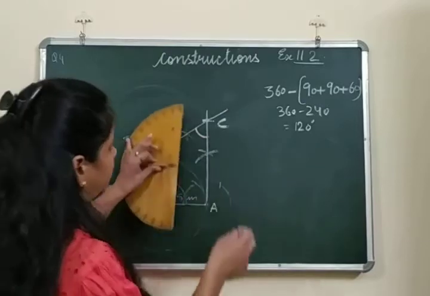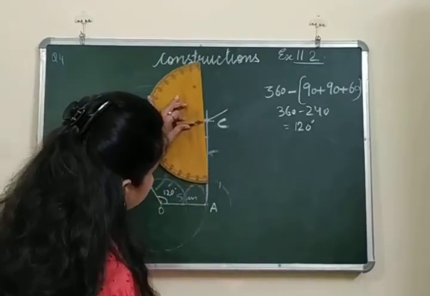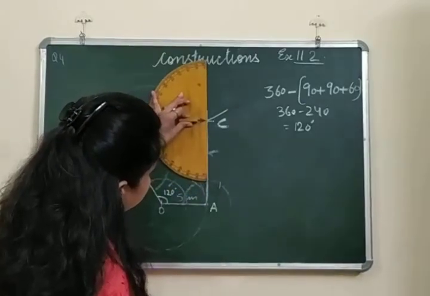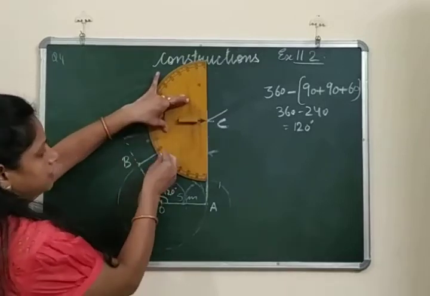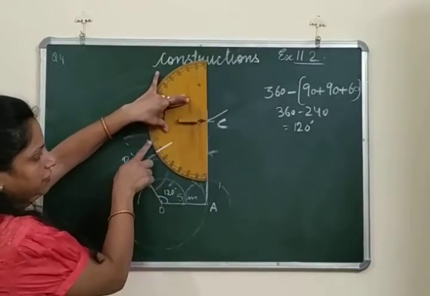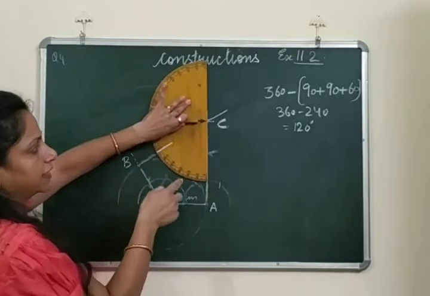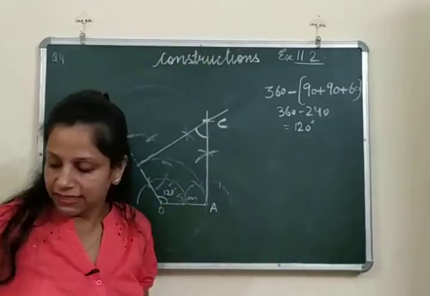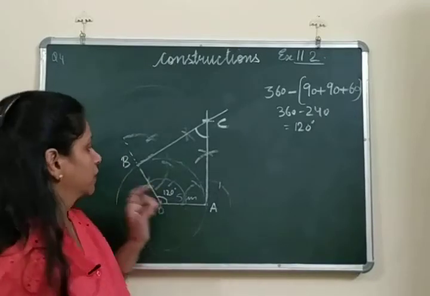Automatically if you measure this, it will be an angle of 60 degree. See, if you measure it, you keep it here like this. See, this is 60 degree over here and this is 60 degree here. It will come between 50, 70, 60, so automatically this angle will be your 60 degrees, right? So